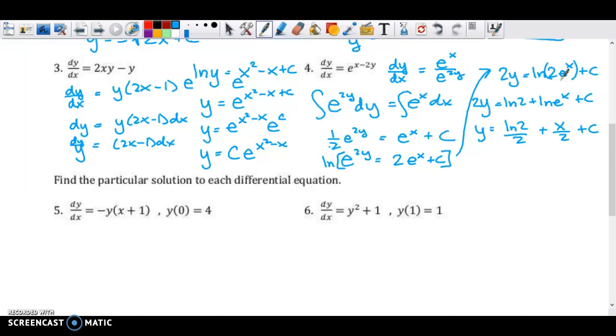I'm going to divide every single thing by 2. Now, you don't have to cut c in half because it's just c. We don't know what it is. And the reason this is